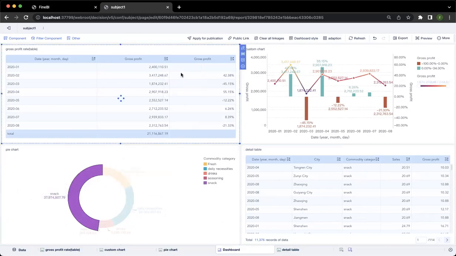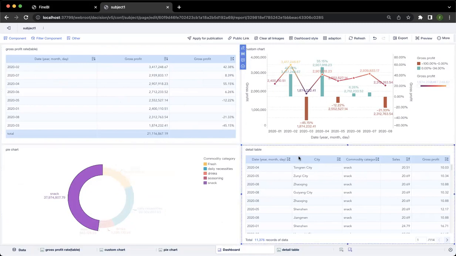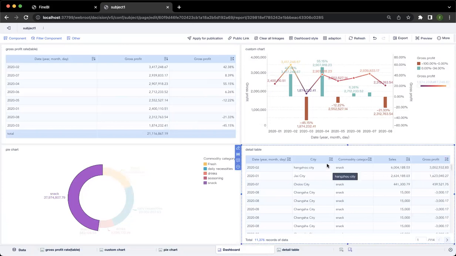Okay, and we have a sort. After the sort, we can see February has the most sales and gross profit, but here we also can look at the city. This city sells the most,